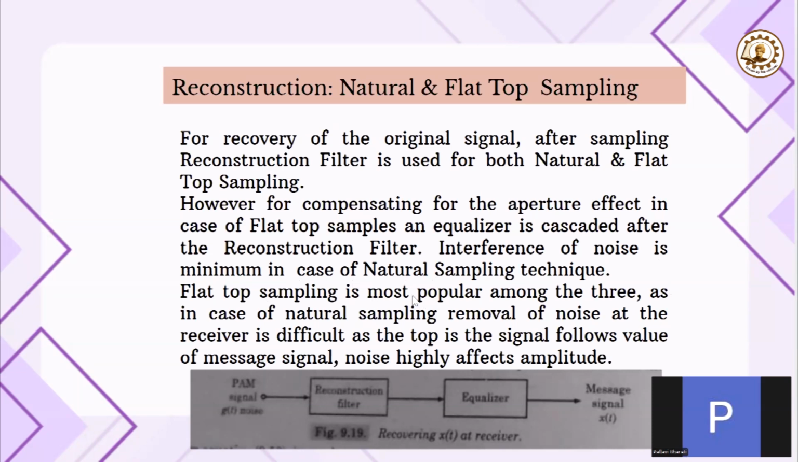However, flat top sampling is most popular among the three, as in the case of natural sampling, the removal of noise at the receiver is difficult. Whatever noise is coming, the removal is becoming difficult in case of natural sampling. But the interference is minimum because it is following the spectrum of the message signal, right? At the receiver, removal of noise is difficult as the top of the signal follows the value of the message signal, and noise is generally affecting the amplitude, not the time period. Fine. So this is all about the natural, flat top and